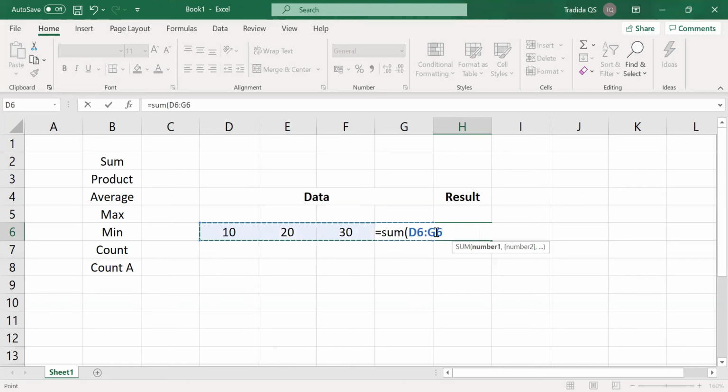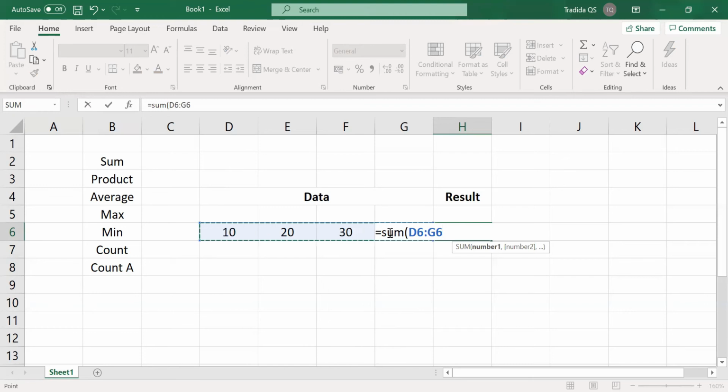Click your mouse left button and drag. Here D6 to G6 I am selecting. What is D6? D column, 6th row. So this cell name is D6. It is shown here. This is E6, F6, G6. Here I am using a formula of sum, that's why it's showing as sum. Otherwise, when you select a cell, it will show the cell name over here. So here I want to add my values of 10, 20, 30 and 40.